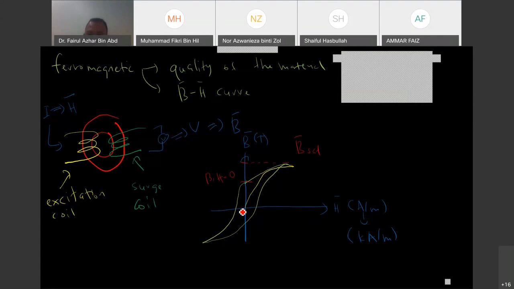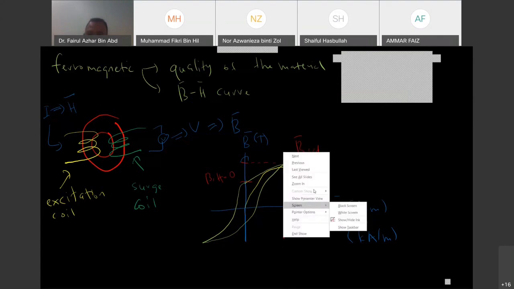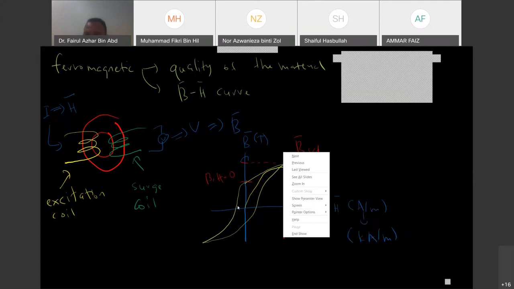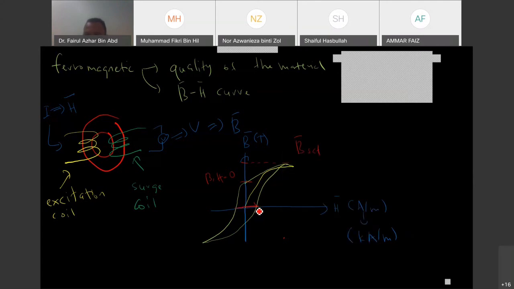And the third one is hysteresis, this value. So what is the maximum of this curve? This is our hysteresis. The larger the value of hysteresis, it means the material is not a good ferromagnetic material, because this hysteresis value will contribute in terms of,